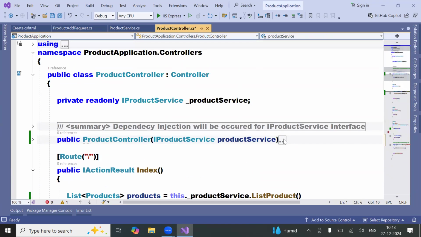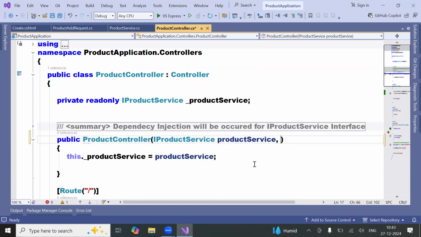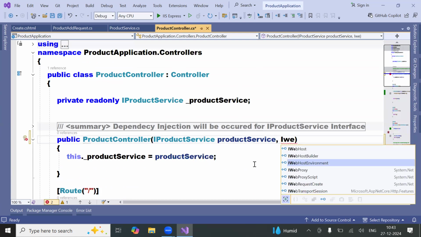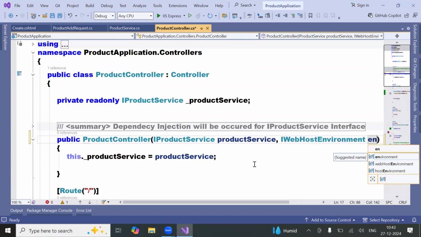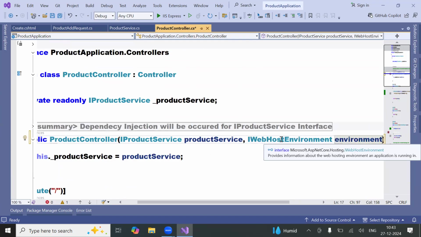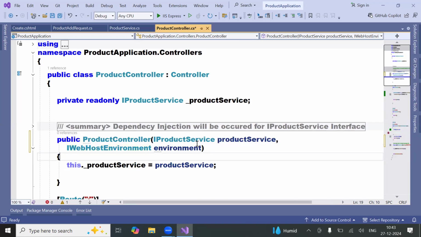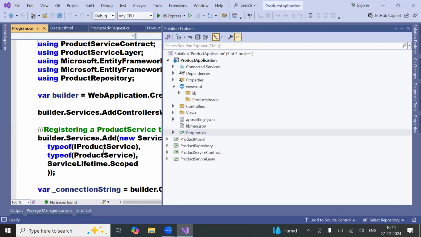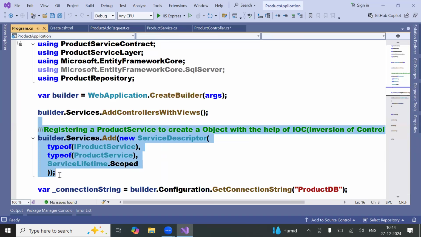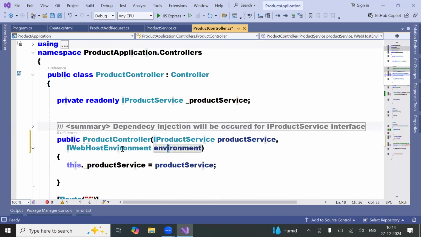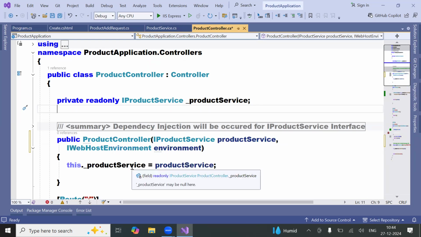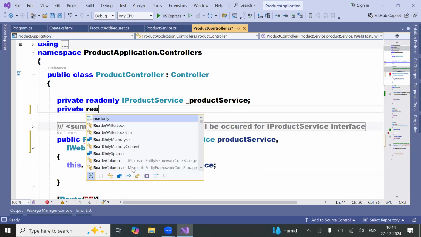When I'm injecting here, I need to inject one more called IWebHostEnvironment, because this is the one that will help me to get the www root path. You all understand? Say yes or no. Yes, sir. Like you are injecting this product service in the program.cs file, you registered a service, right? Like that, it automatically gets registered in your builder method. So you are going to get that injection, and to hold that, a variable private readonly